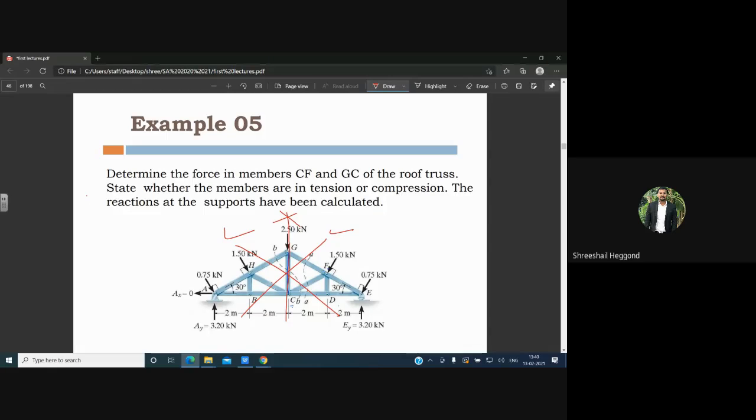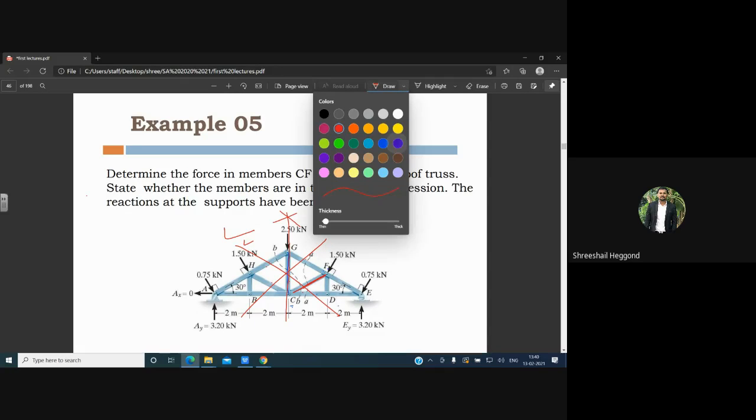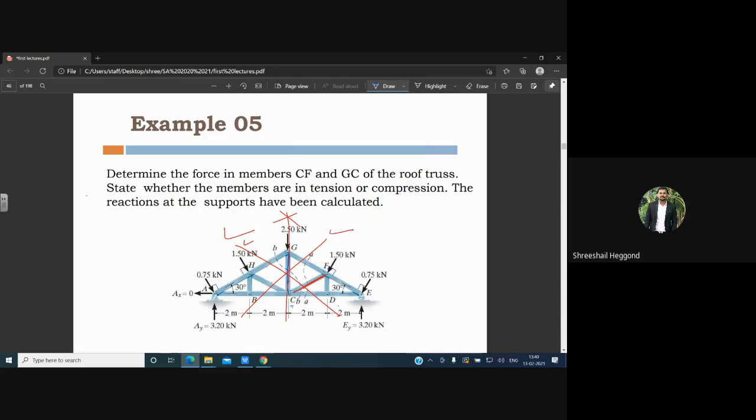Already we know this member force. Once you know this member force, the remaining three will be unknown forces. That can be calculated by any moment or equilibrium conditions. Therefore, I'll consider this section as the accurate one for my solution. Why? Because already I have calculated one member force. This member is already there. Therefore, I'll consider this section. That will be section BB.